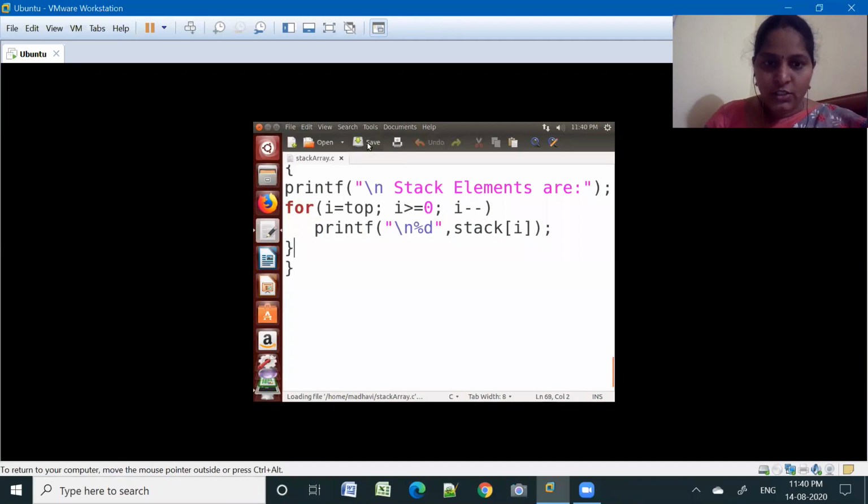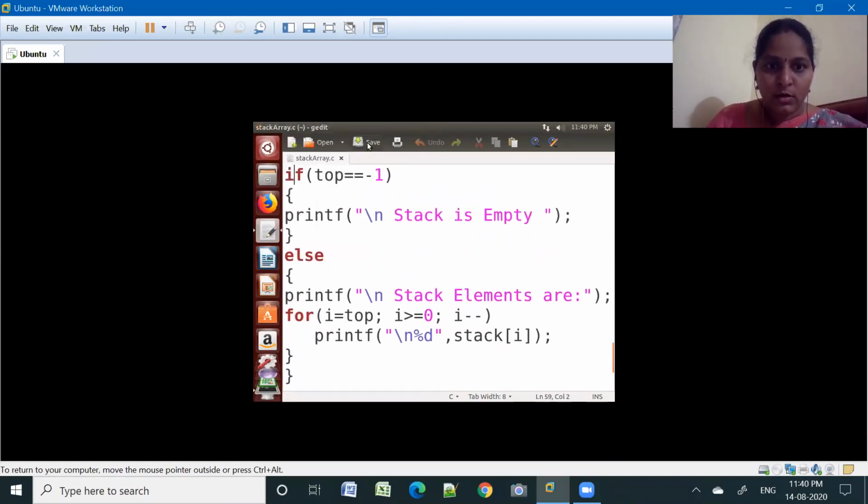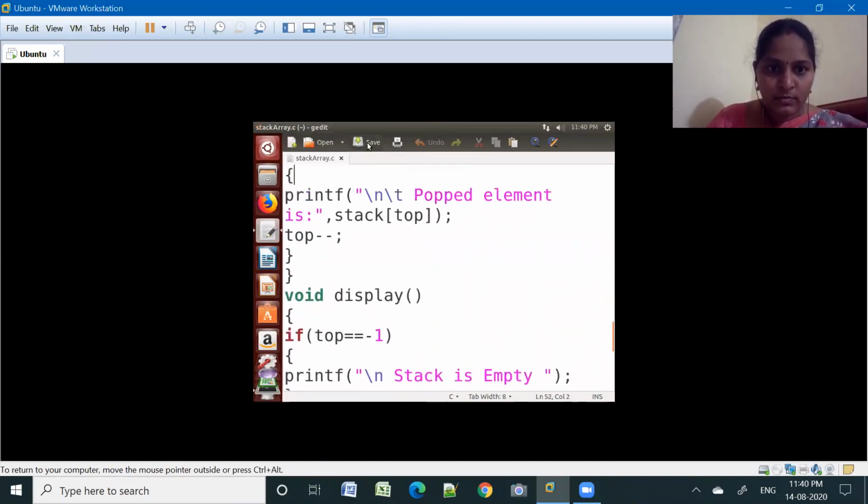In pop function, popped element is stack of top. Top element is %d, missing %d.